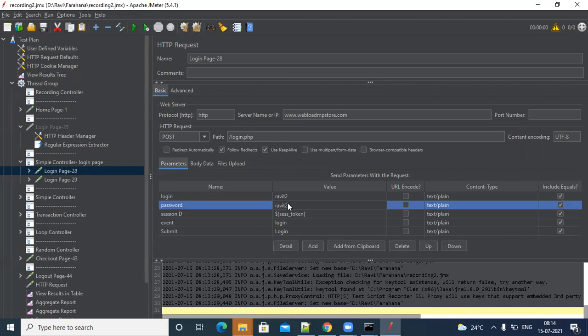So how will I pass it? Suppose I have 100 usernames and passwords. I can't pass them here like, let's log in with user one, then next user, user two. I can't do it like that, right? That's where we use a CSV file. JMeter helps with integration of a CSV file to load data, any number of records, 1 lakh, 2 lakh, whatever it is. Okay. The first thing is you have to prepare the CSV.